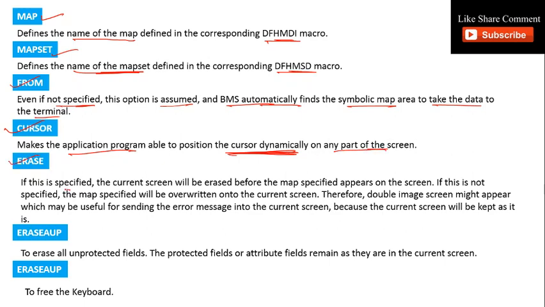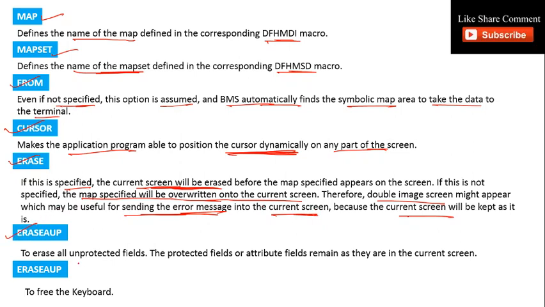ERASE: if specified, the current screen is erased before the specified map appears. If not specified, the map is overwritten onto the current screen. Therefore a double image screen might appear, which may be useful for sending an error message onto the current screen, because the current screen is kept as it is.